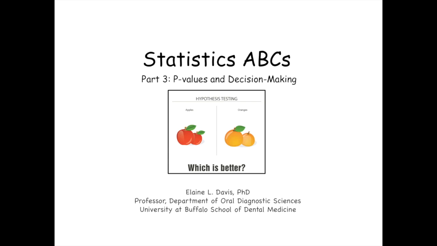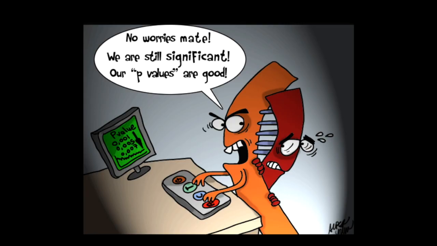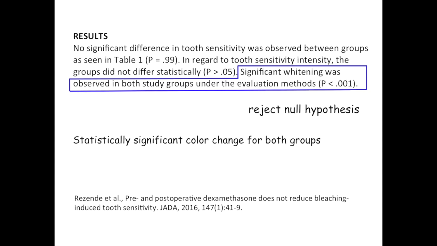This video focuses on the p-value and decision-making. The p-value is one of the most common statistical terms reported in the scientific literature, but also one of the least well understood. Researchers studying the effect of a corticosteroid on bleaching-induced tooth sensitivity found a statistically significant whitening effect